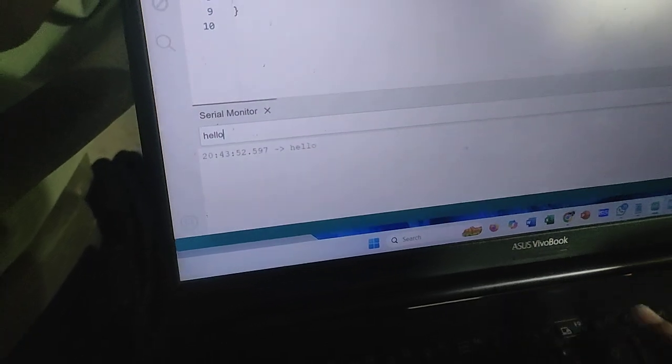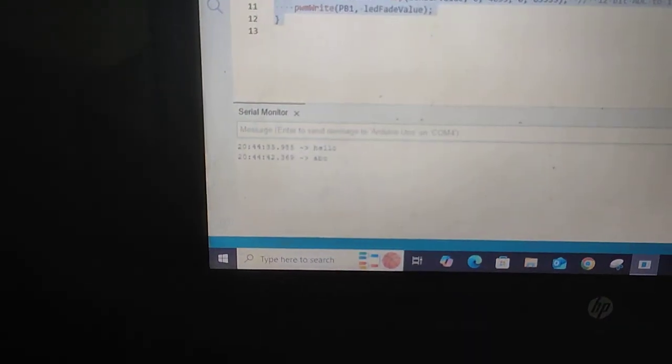And if you are doing the opposite from this device, please, my friend, type another word. Okay, here it is. Our communication is achieved successfully, and the documentation will be provided very soon.